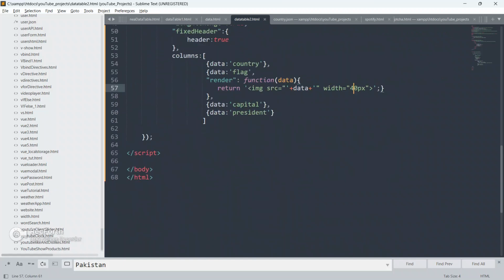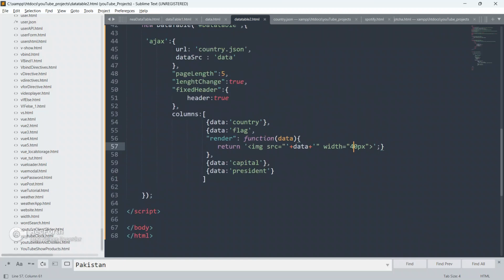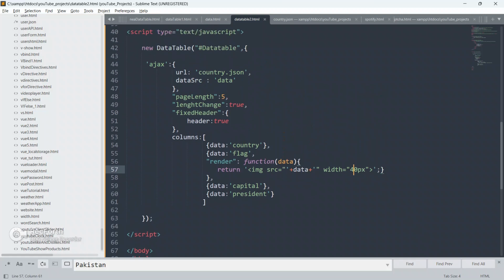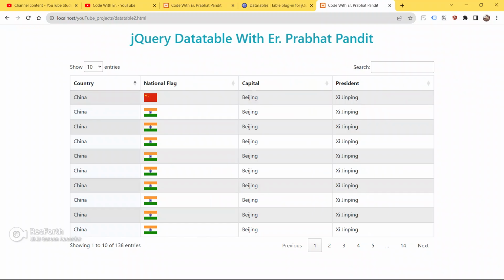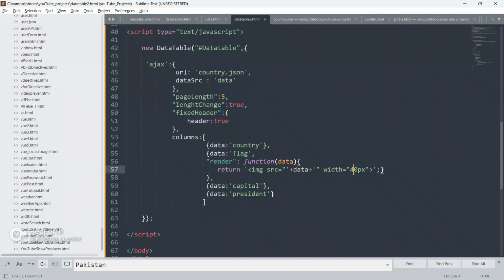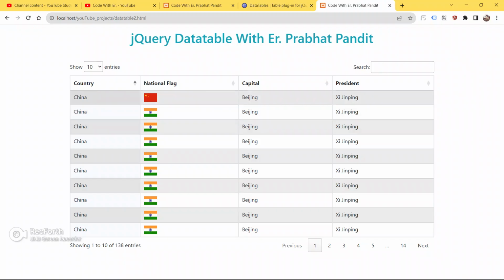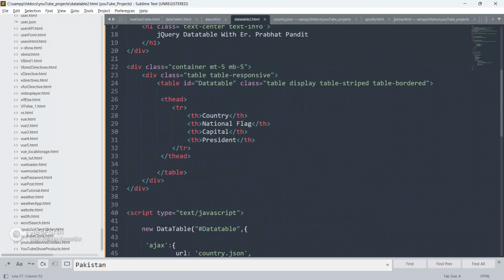So I hope you have understood how to display a huge amount of JSON data from external data, from an external API, in your jQuery DataTable so efficiently and so smoothly. And I also showed you how to display or render images on your data table.